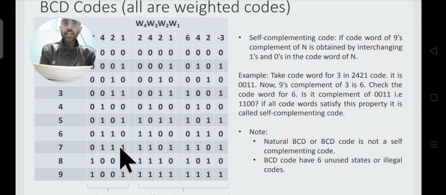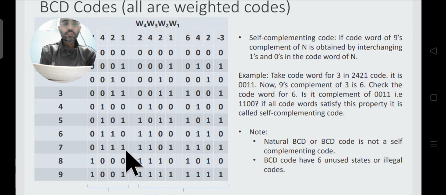If we write the binary equivalent using all the possible combinations of these 4 bits, we can form up to 16 numbers. So binary will go from 0 to 15, but in BCD or natural BCD,